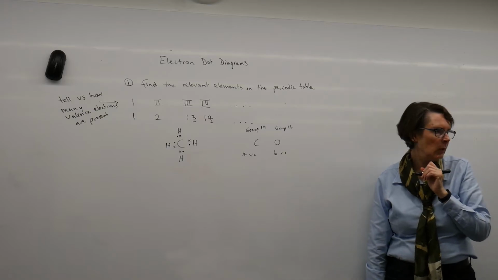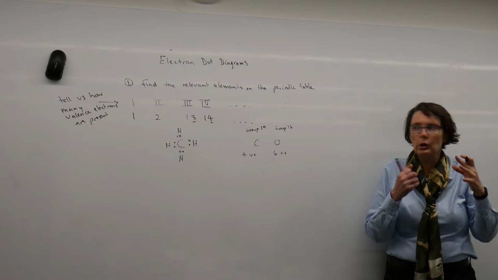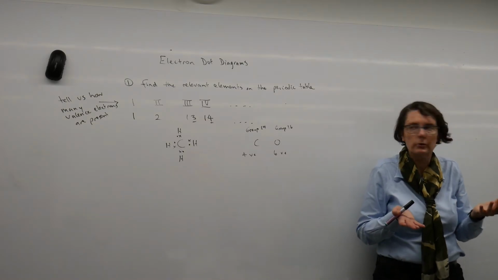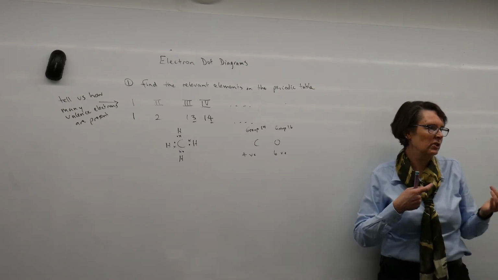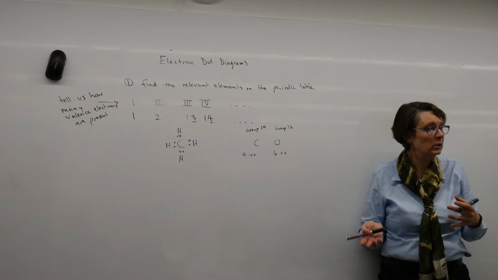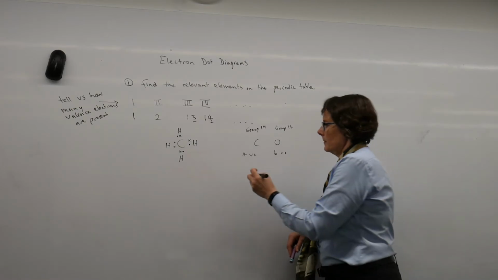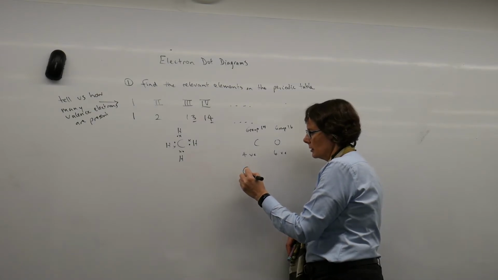How many bonds are we going to need? We know that carbon needs 4 bonds. How many bonds does oxygen need? 2. And so how many oxygens do we need? 2. So in this case,